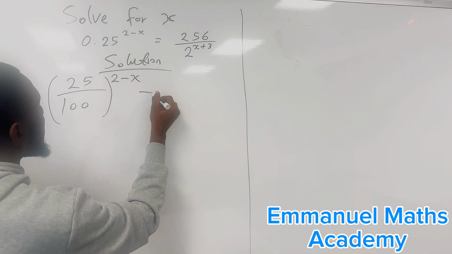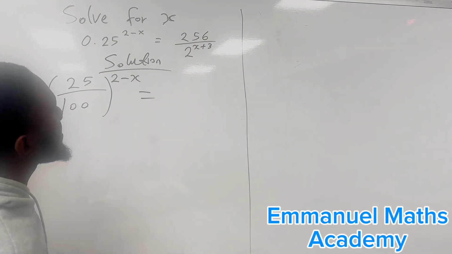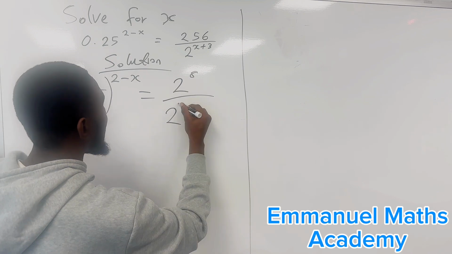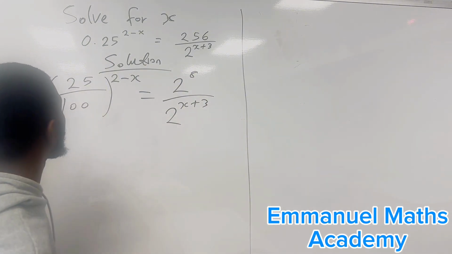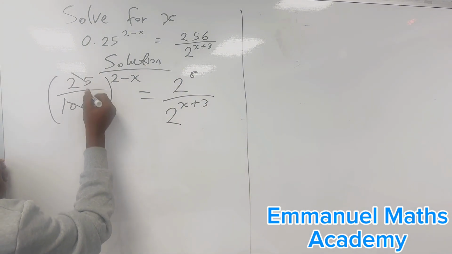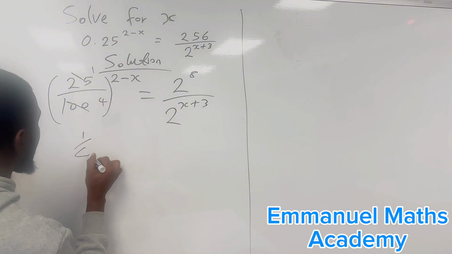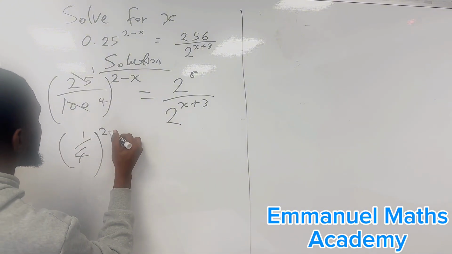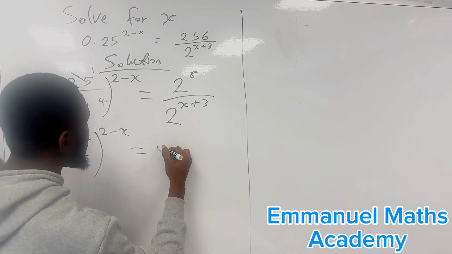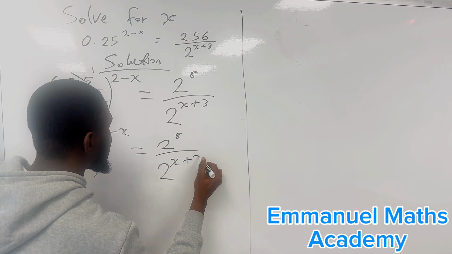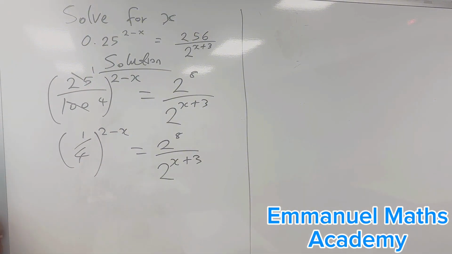2 minus x, equal to 256, is the same thing as what? 2 raised to power 8. You still have your 2 power x plus 3. If this cancels out, you have 1 here, you have 4 here. Hence, you have 1 over 4 power 2 minus x equal to 2 power 8 over 2 power x plus 3. Right? So 1 over 4 is the same thing as 4 power minus 1,